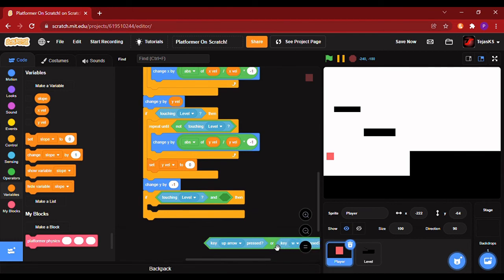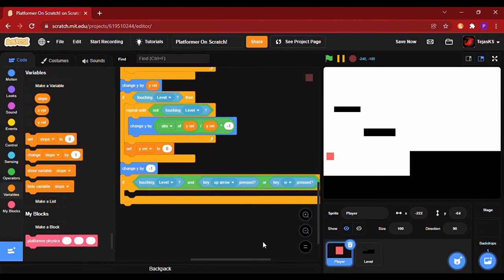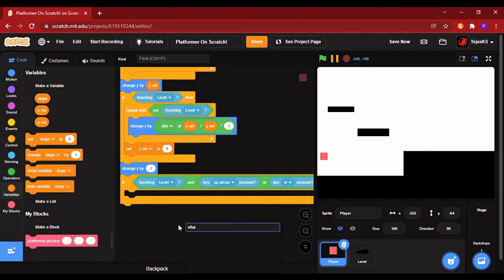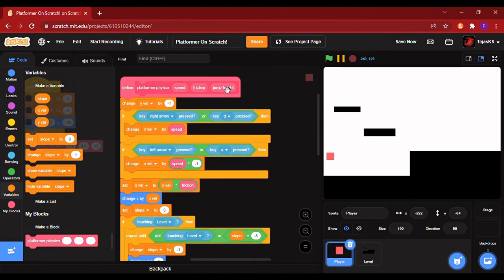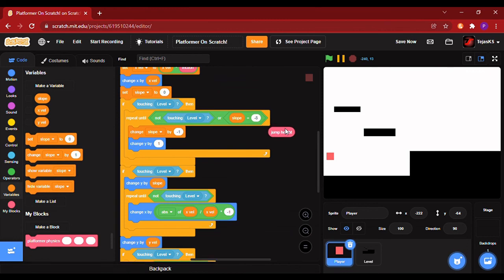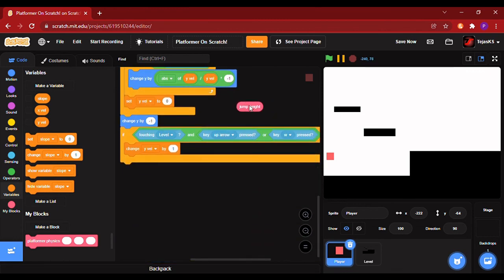Now if you want, you can put space also. And up arrow or W is pressed, then change y vel by jump height. And then after that, change y by 1.